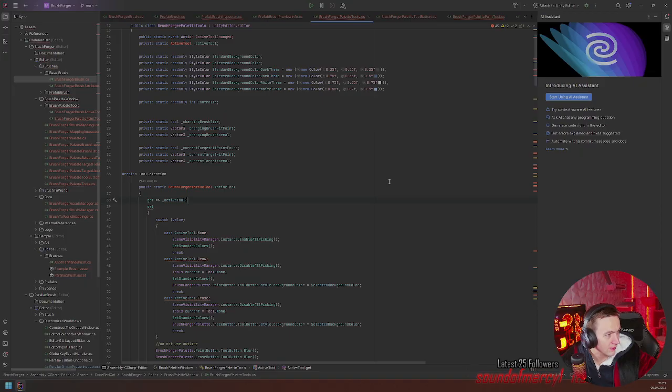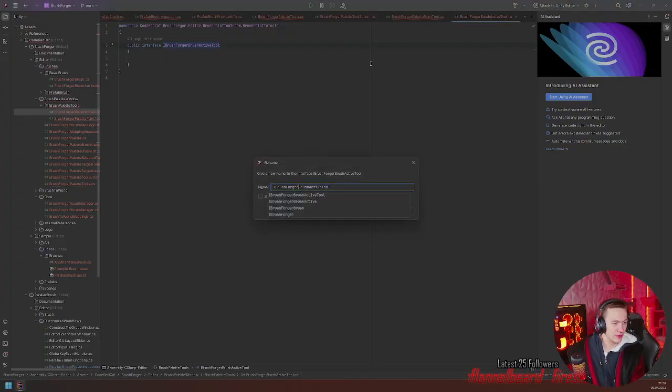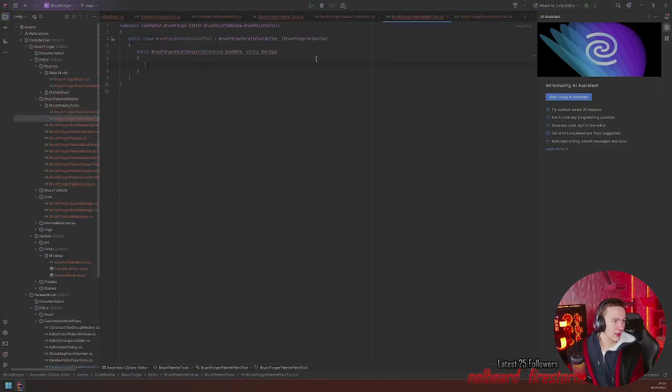It's just insane. So if this active tool, actually we want to name it to just Washforger active. And I see more and more like I'm kind of having a breakdown.